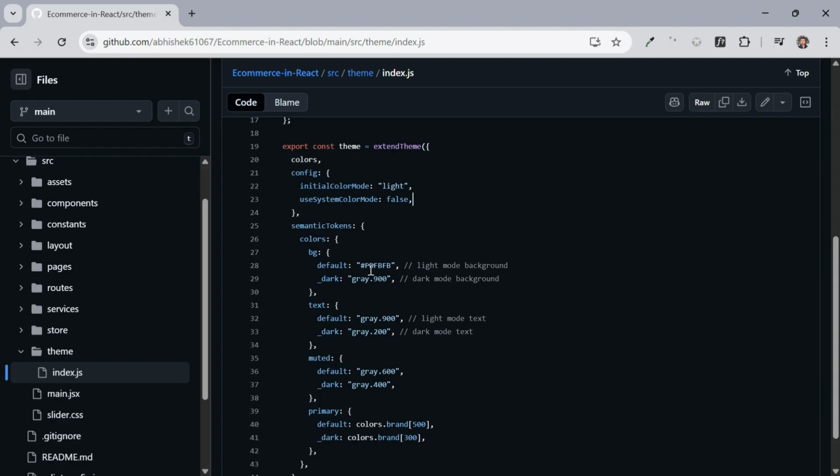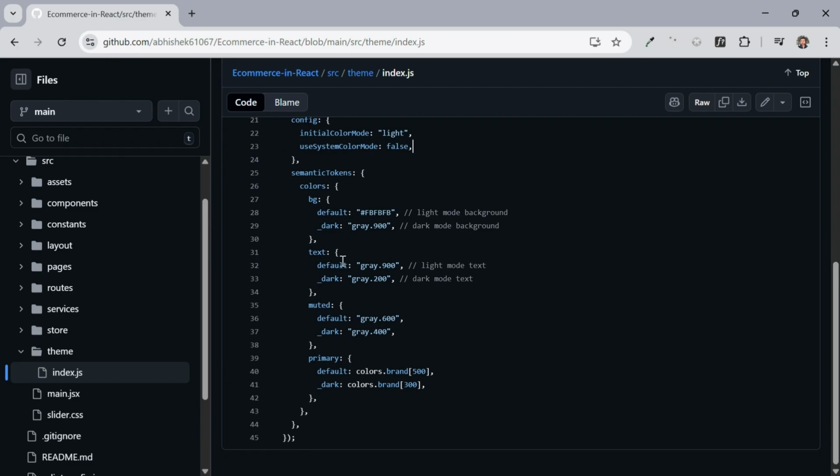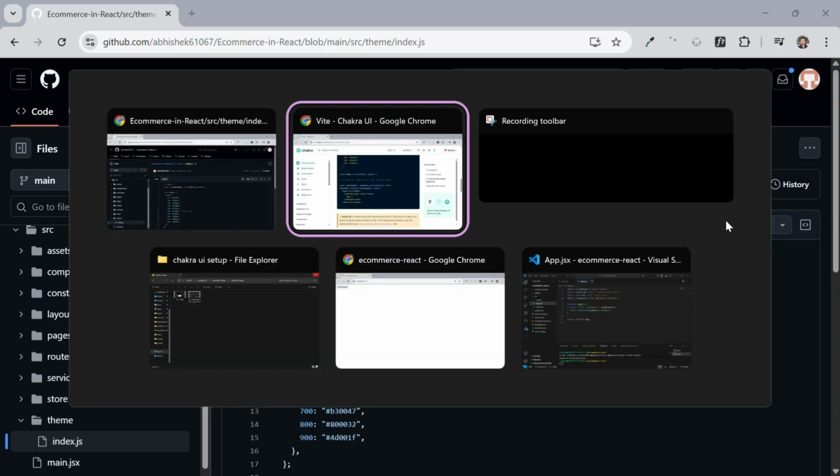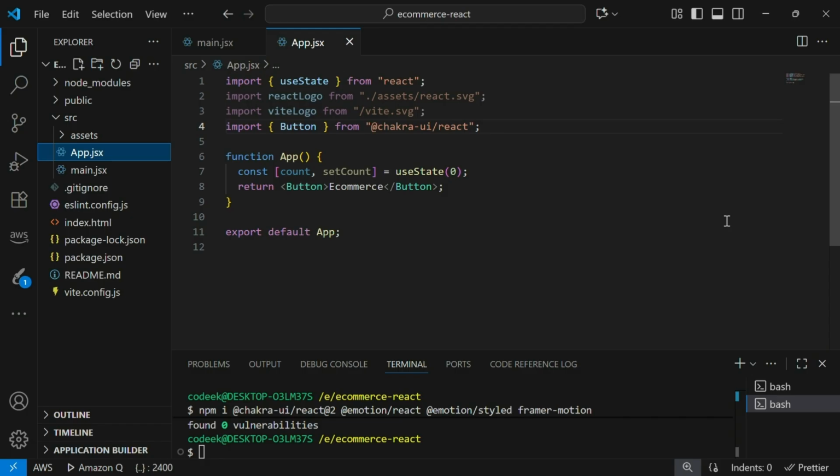And then we have these colors, right? If you see, the default is actually for light mode, and then dark is for the dark mode, and this text is actually for text color, right? So we have this default and dark, and this muted is actually for the muted UI. And for primary, we'll be using this colors.brand, right? This brand color. So let's copy this file, and let's go to our project,